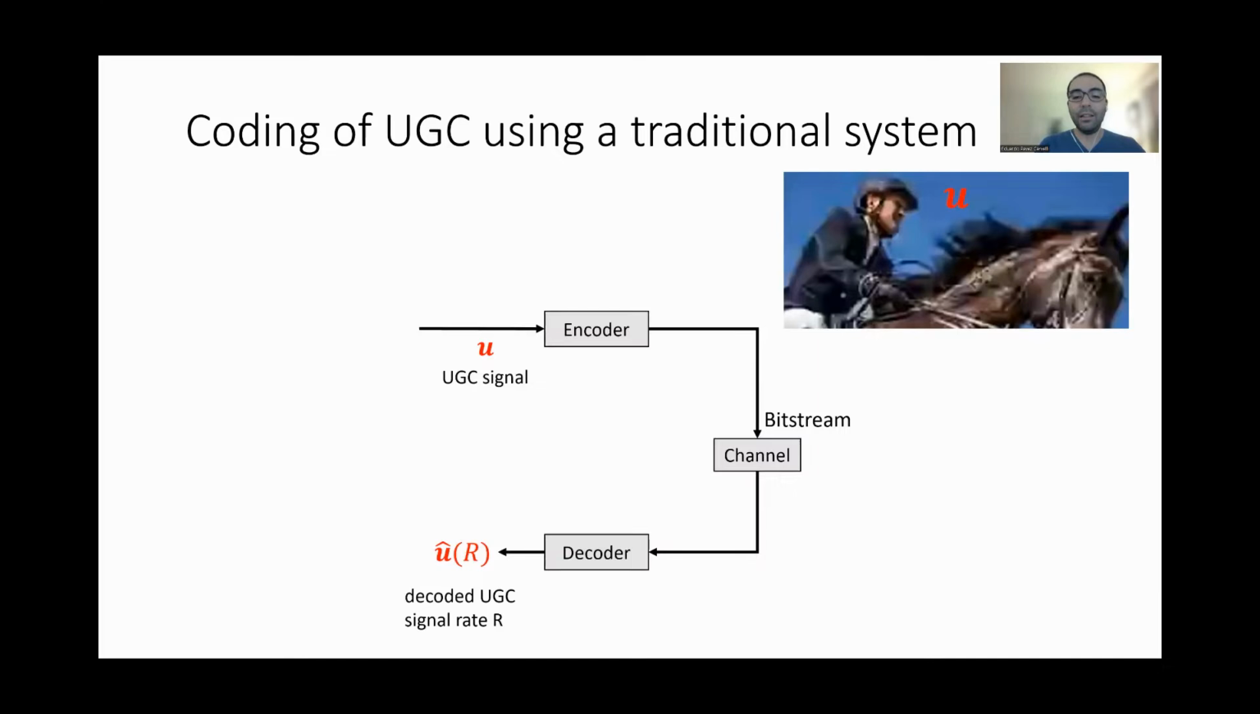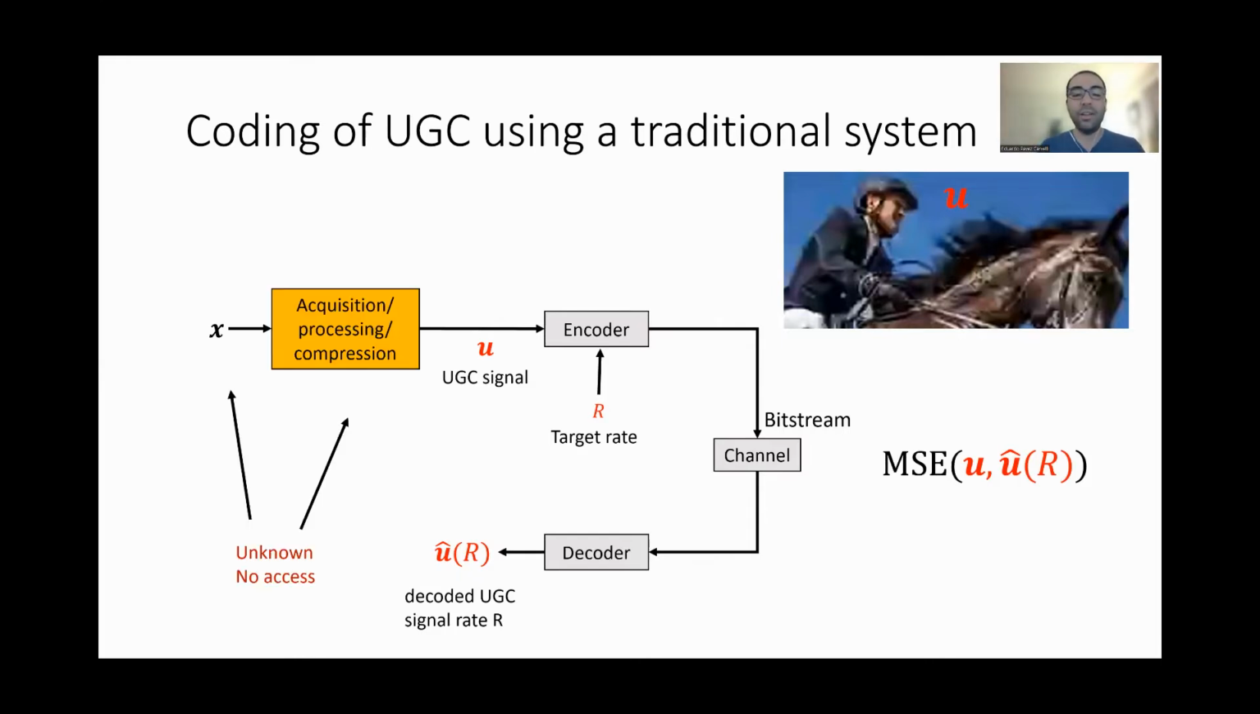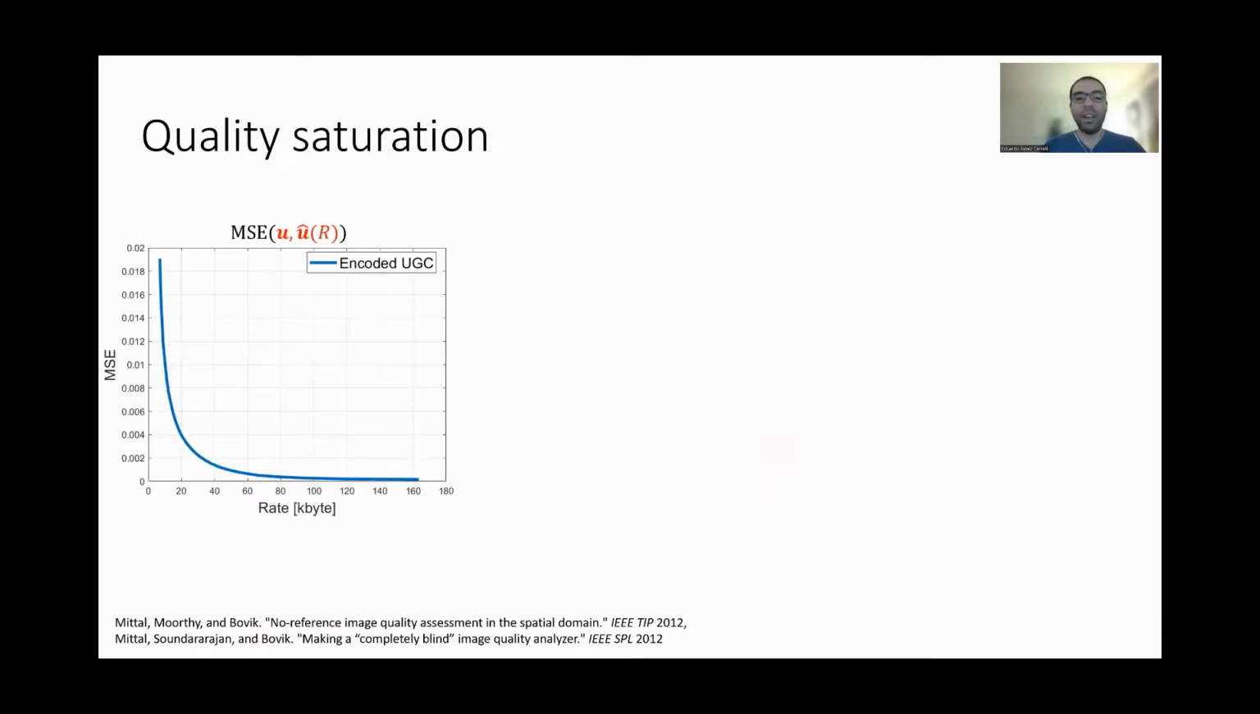Now, if we use this system to compress a low quality UGC signal with the same target rate R, we need to compute the mean square error between U, the input UGC, and U hat. But we are actually ignoring the fact that the UGC signal has been degraded. There's a degradation process and an unknown pristine original that we don't have access to. Now, we can plot this MSE as a function of the rate. And as before, as we increase the rate, the squared error goes to 0, and the encoded UGC, U hat,